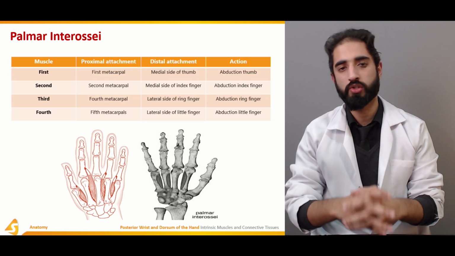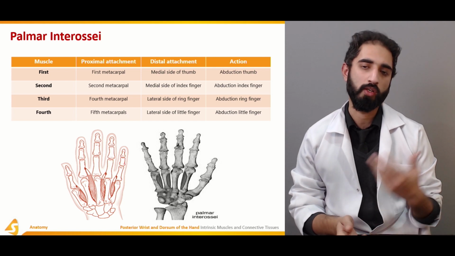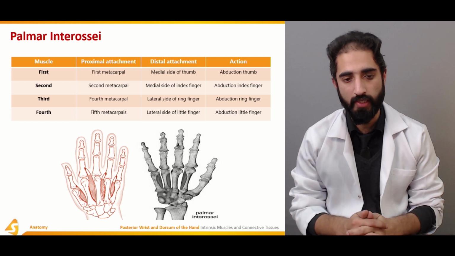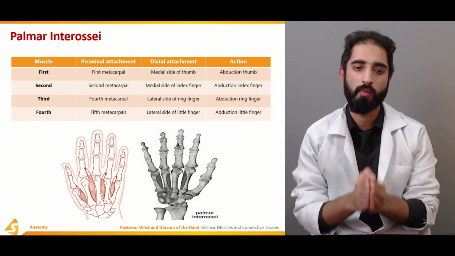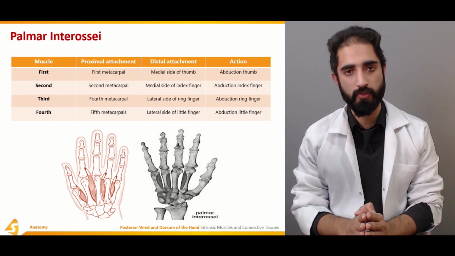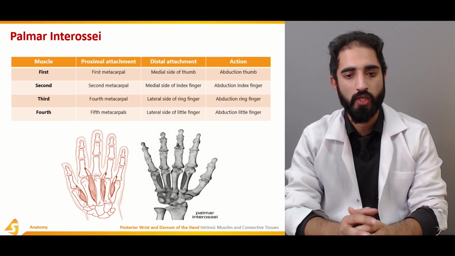The palmar interosseous are actually located on the palmar aspect, but still it's important to discuss them in context with the dorsal interosseous, even though we are discussing the dorsal aspect. And once again, we have four different palmar interosseous. So talking about the first palmar interosseous, the proximal attachment is from the first metacarpal, and it inserts into the